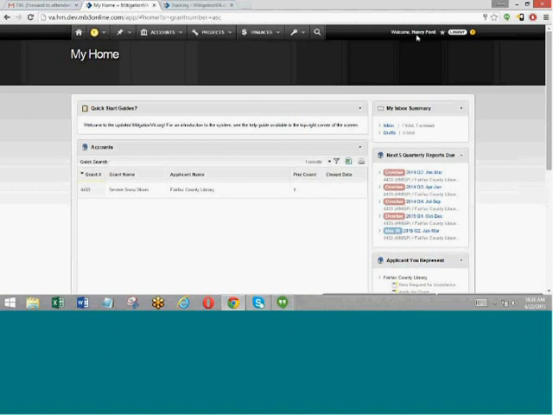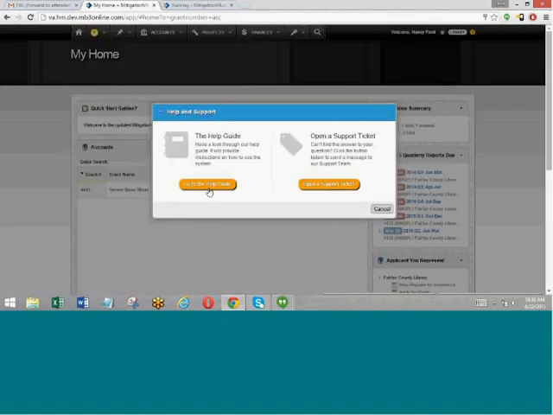On the right-hand side, you have a little welcome message, your name. You've got a little star, which I'll get back to, and then a login button, and then a yellow question mark icon. When you click on that yellow question mark icon, this is where you can access the help guide that I referenced. The help guide will, like I said, give you step-by-step instructions to perform certain actions. So, for example, if you want to know how to create or submit a new time extension request, you can go to the help guide. There are step-by-step instructions for how you can submit the time extension, for example.